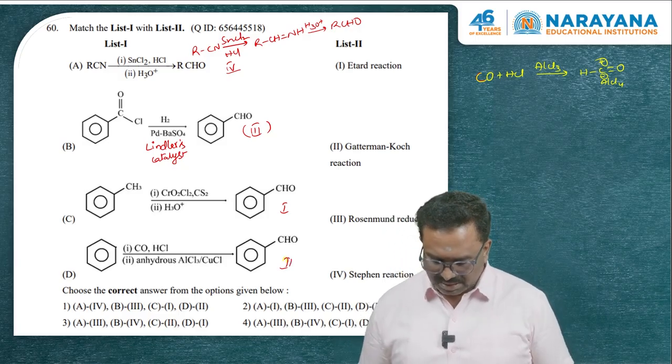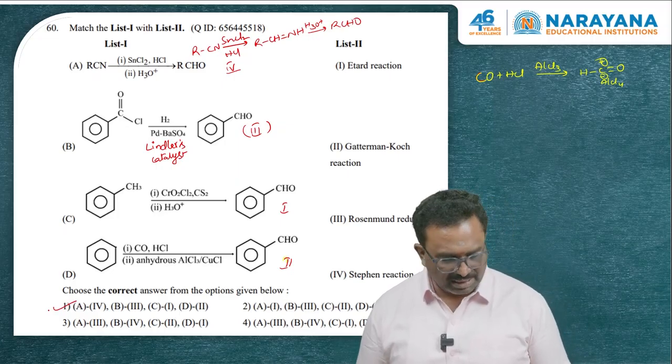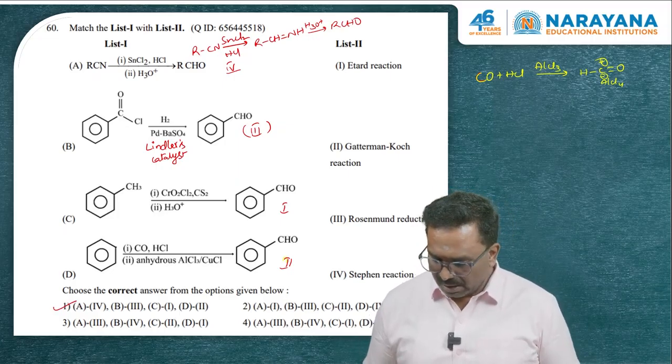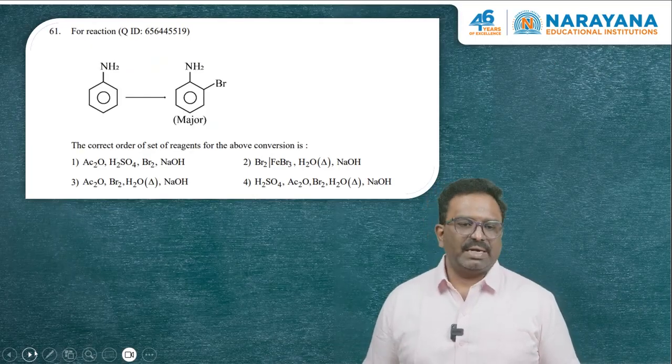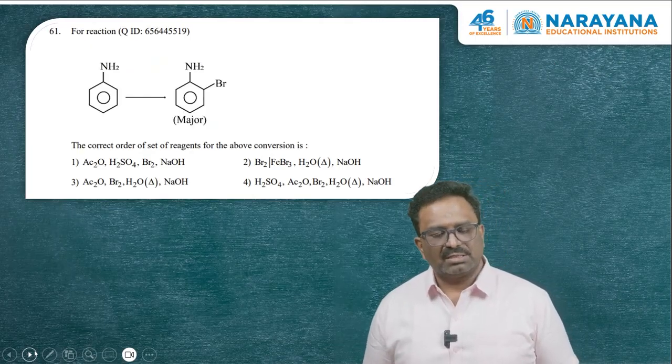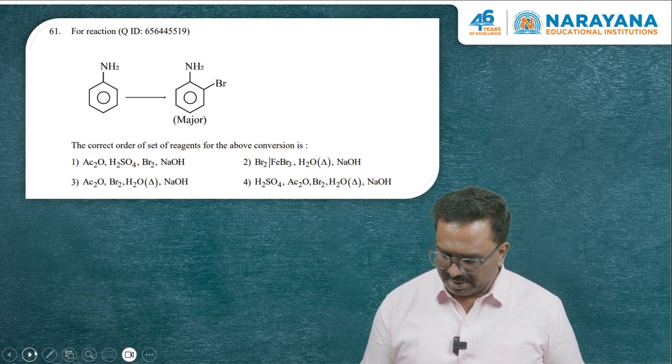This is there in option 1. This is the more appropriate among those given. Let me see the next one. For the given reaction, aniline is converted into orthobromoaniline. Actually, here very important